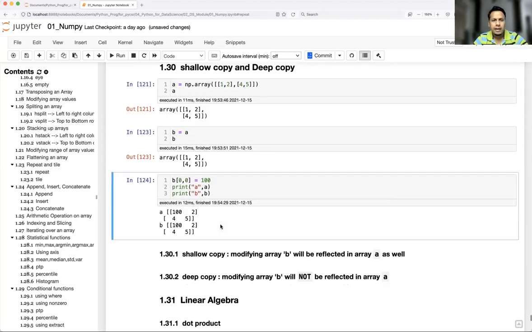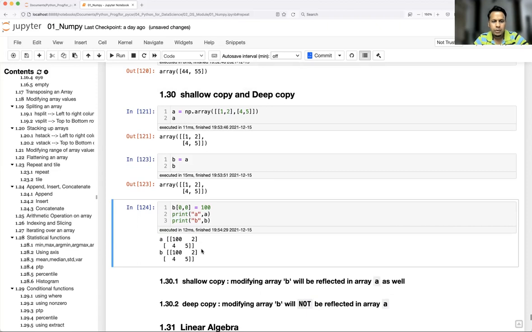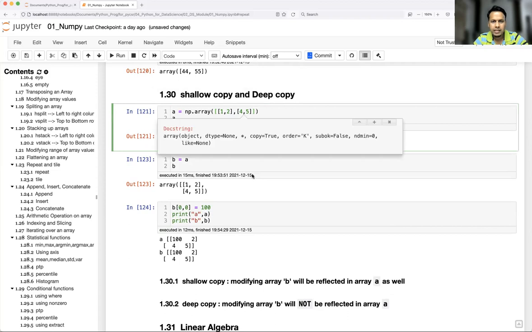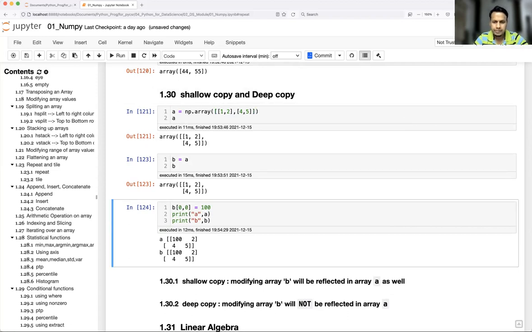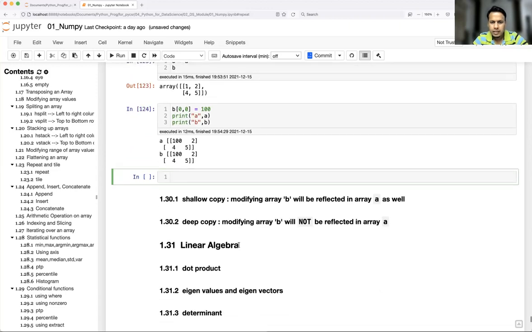Correct? Now, how to overcome this problem? Let's say you don't want to modify, but accidentally it got modified, right? So we have something called the copy flag. You make it just false, or you can do one copy. This is known as shallow copy.